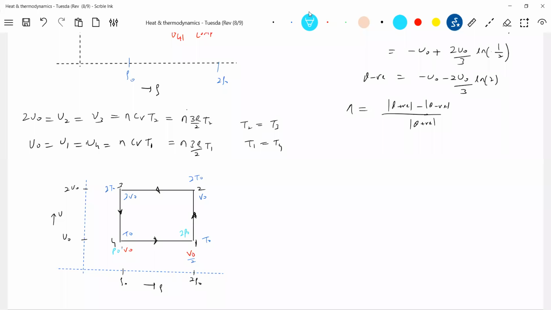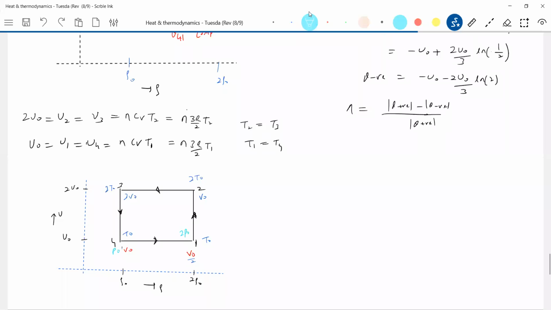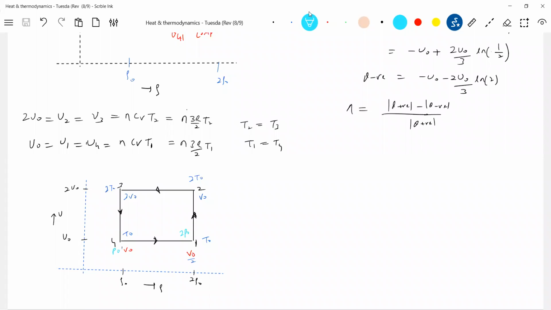Isochoric process. Then from this one, P naught will be the pressure becoming constant. No, sir, it is V naught by 2, sir. The volume there, yeah, this volume will be V naught by 2, no? Okay, I didn't check. Yeah, fine. This is V naught by 2. This is V naught only.